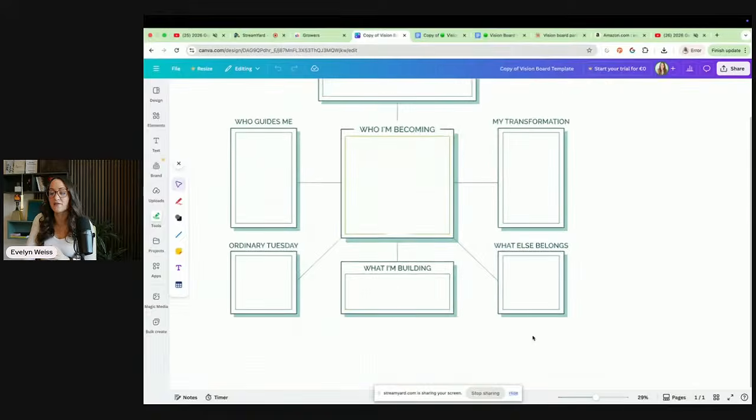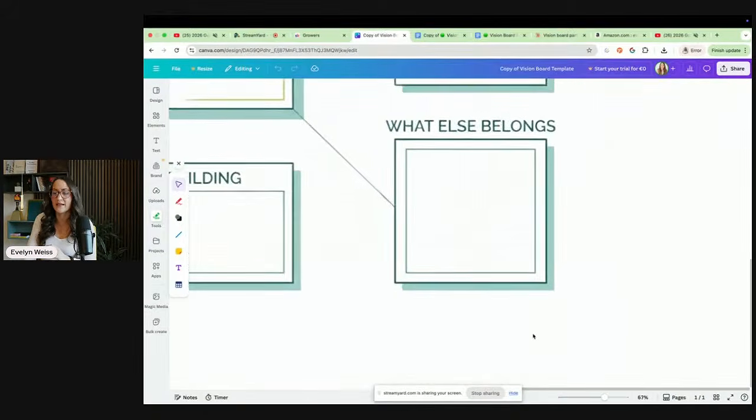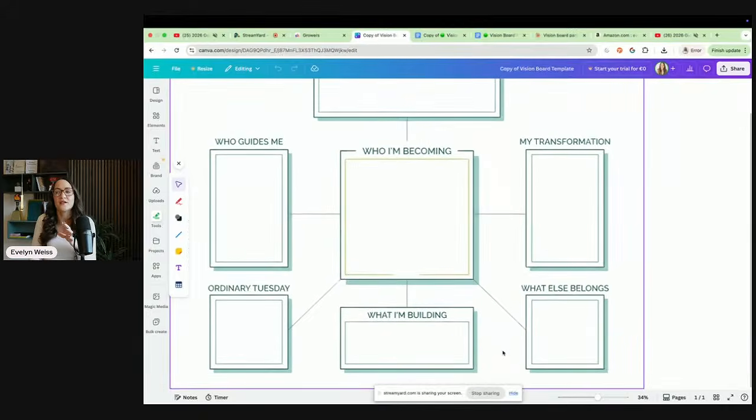And then we have a section, I think this is one that is really important for me. It's like, what else belongs? So there will be pieces when we're going through that will pop up and we were like, it doesn't really fit anywhere, but something in my heart really, really pulls me to it. Somehow this feels so important. And so we want to put it there because often it is an important piece of our journey,